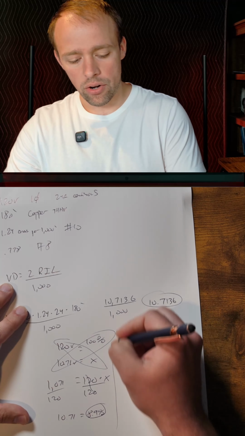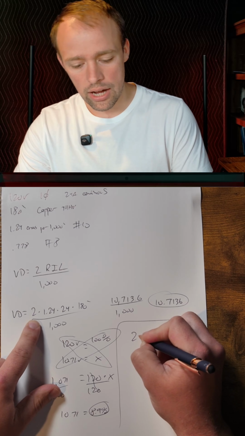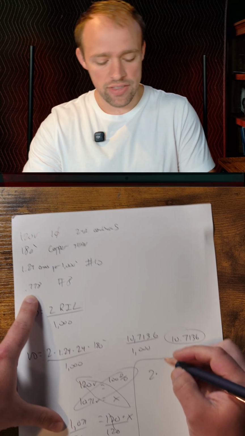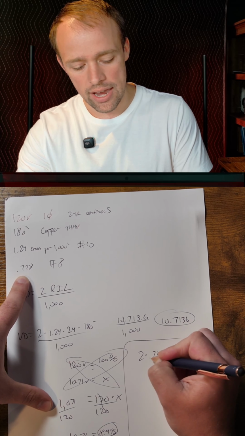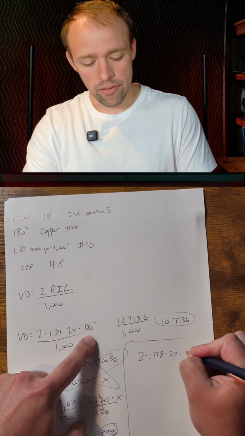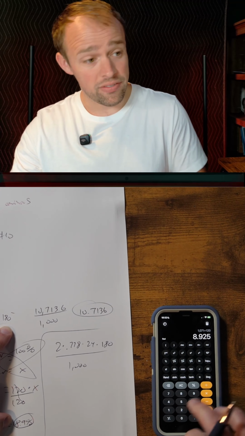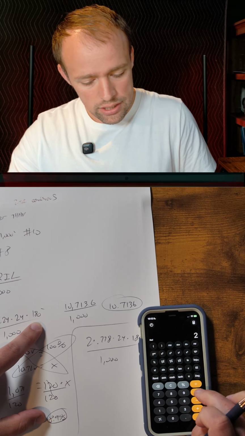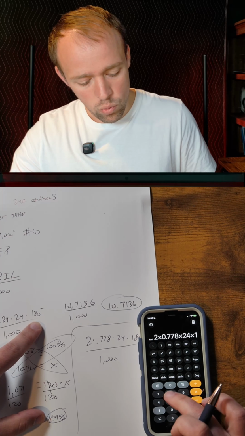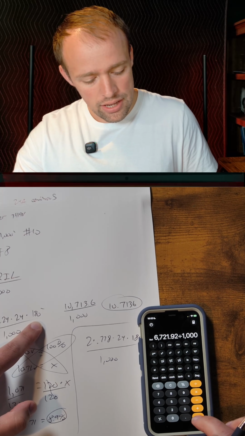So now I'm going to write a new formula, right? It's still the same formula here: 2 times, instead of using 1.24, I'm going to use the resistance of the 8, which is 0.778, times my I, which is 24, times my length. All that information stays the same, over 1,000. So let's determine if that number is going to work. So 2 times 0.778 times 24 times 180 gives me that. I divide that by 1,000 and it gives me